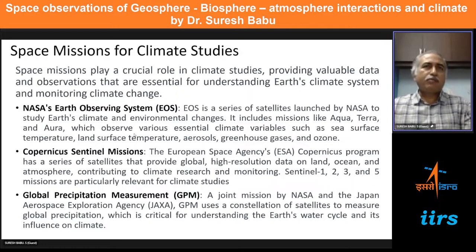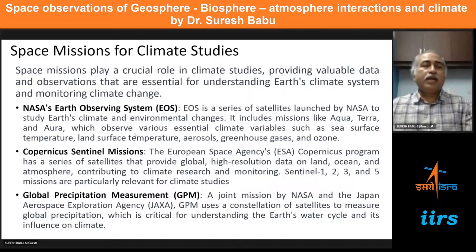So the most important one is probably NASA's Earth Observing System. It is a series of satellites launched by NASA. It includes missions like Aqua, Terra, and Aura. Some of you may be using the Moderate Resolution Imaging Spectroradiometer, MODIS, which gives some of the most important essential climate variables such as sea surface temperature, land surface temperature, and most importantly, aerosols, greenhouse gases,